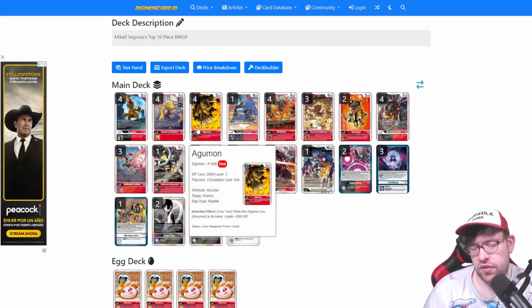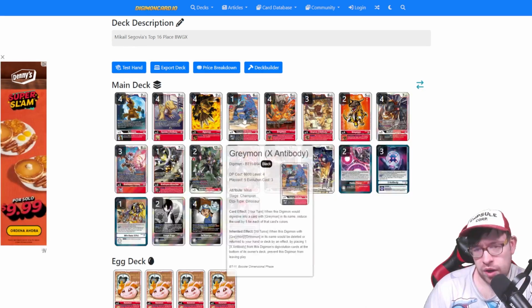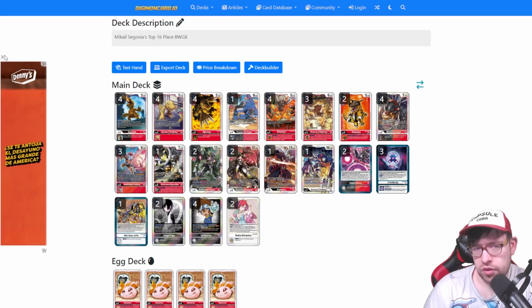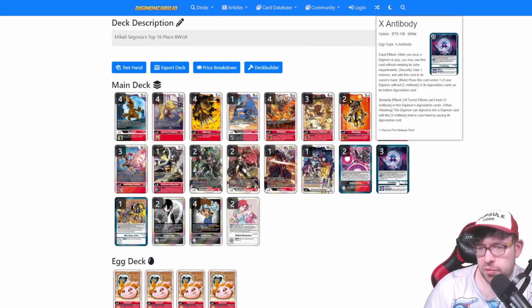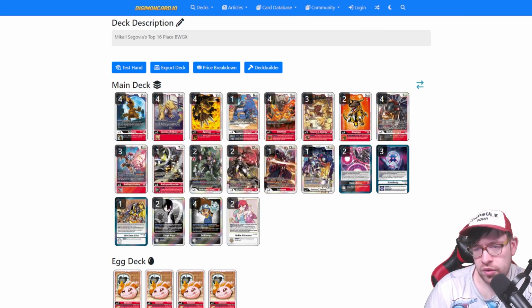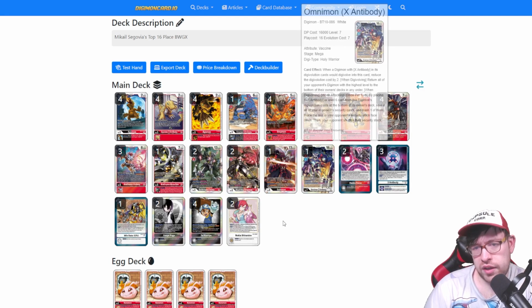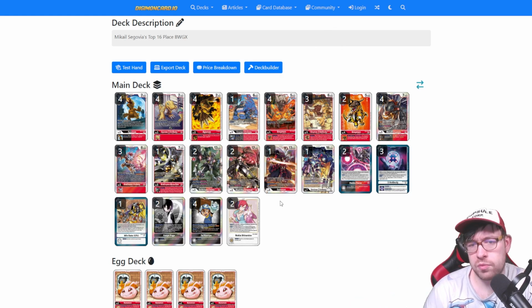Red was kind of the de facto color because you had your lines, but with Greymon X antibody only at 1, that's kind of there as well. And then you also do have your tamers that are black. Obviously you can't be playing the X antibody stuff either because it's white, and Nokia and Cool Boy, or even any level 7s like Omni X. So it's going to be interesting to see what does well if people play the red base more or the black base more, and what kind of